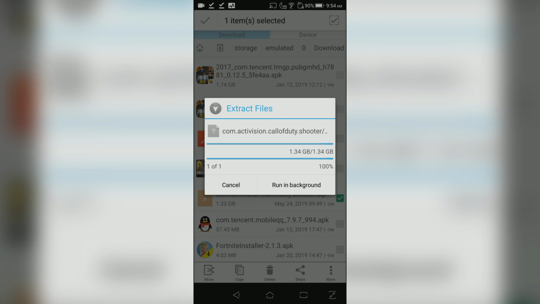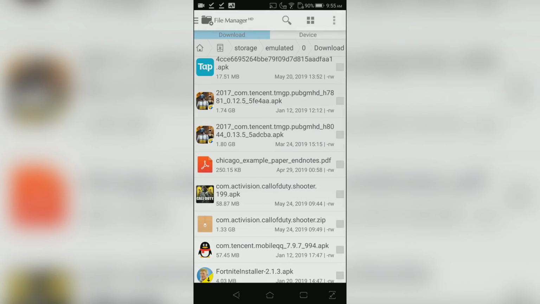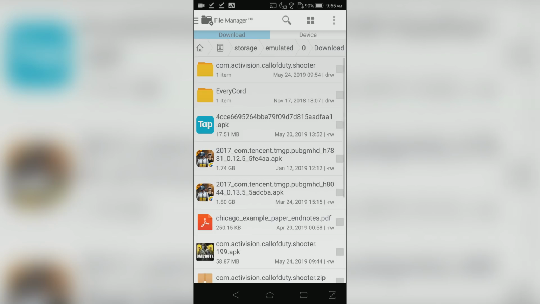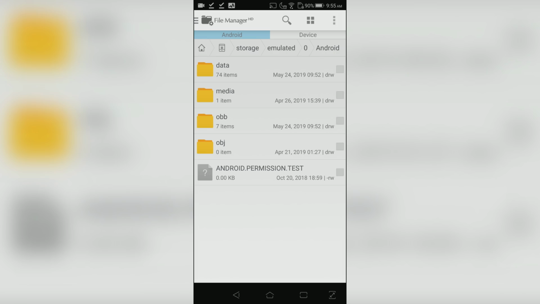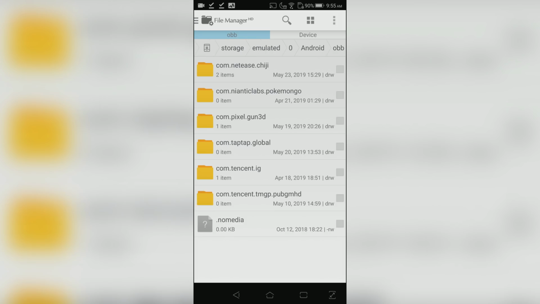If you don't know what OBB files are, they're essential to running apps properly. So if you scroll up to the top, you'll see this here, and it's not in the proper folder, the OBB folder. Press the 0 button, and then go up to your Android folder, and you might see OBB. If you don't see it, you're going to need to download any decent-sized app that's probably over about 100